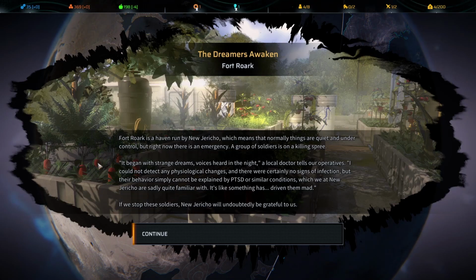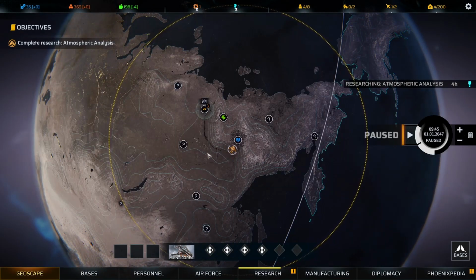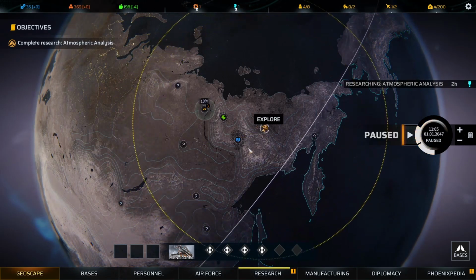This is Fort Rourke, a haven run by New Jericho. Things are normally quiet. This is the opening New Jericho mission. We are not ready for this one either. If we find the Disciples of Anu mission, we'll do that one for sure. That's just the worms and the